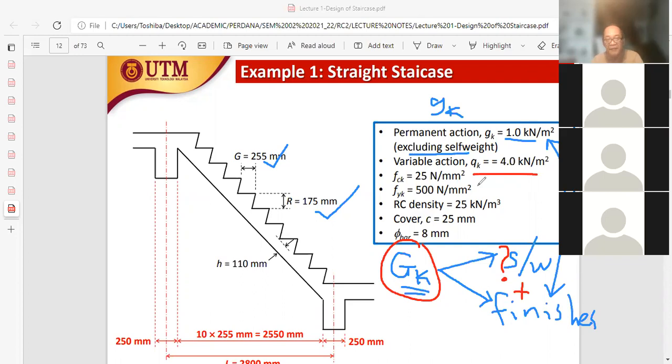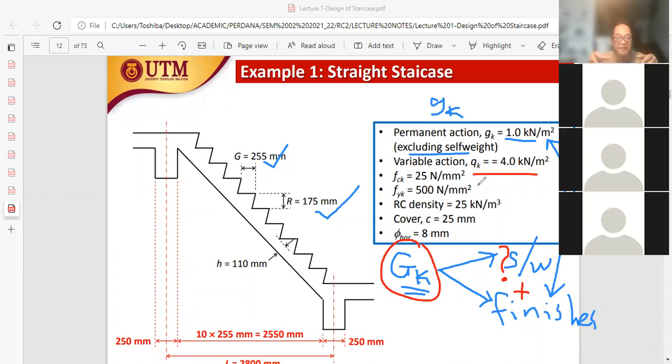We can use 3.5, or at least equivalent to the loading on the slab. The slab is 3.0, so the staircase is also 3.0. And that is the baseline, the minimum. Okay, try to use something bigger, 3.5 at least, or to be more confident, use 4.0 kilonewton. So this is how we justify the application of QK for staircases, because there is no specific QK for staircases